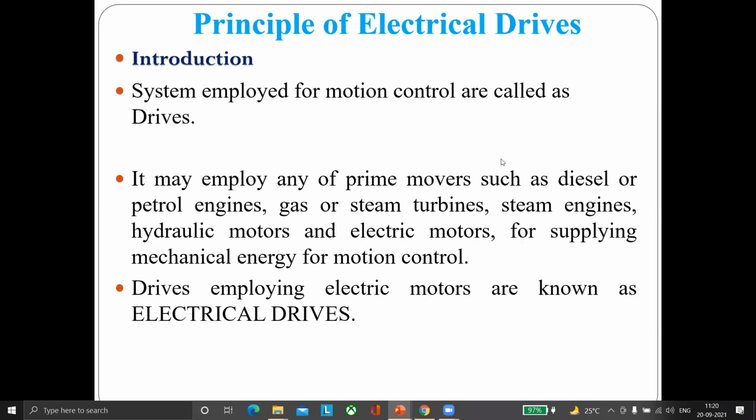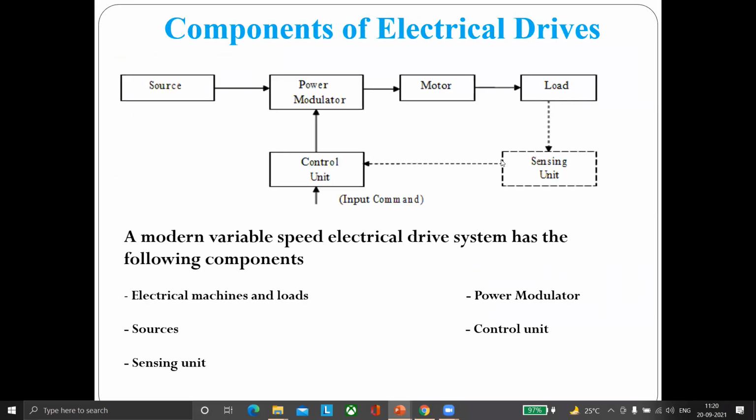Yes, sir. Okay. So can you tell what is solid state control technique? The fourth method is the solid state control technique, which is used in electrical